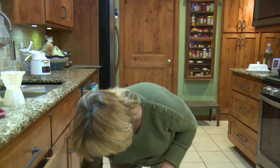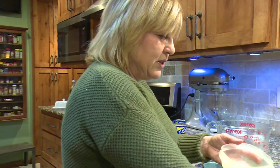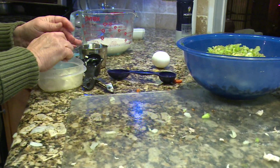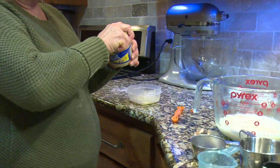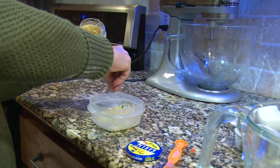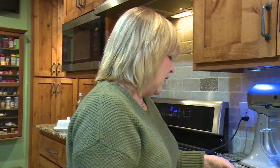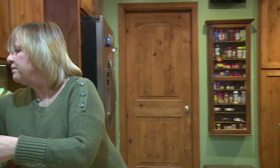While I'm waiting on it, I'm just going to make it easy. I'm going to put the onions in my bowl, and I'm going to put some garlic in there too. And if you have fresh garlic, that's always better. Right now, I'm cheating. It's good, and it's quick. That's probably about 2 pods of garlic. It was just a little pinch of it. So when this melts up,